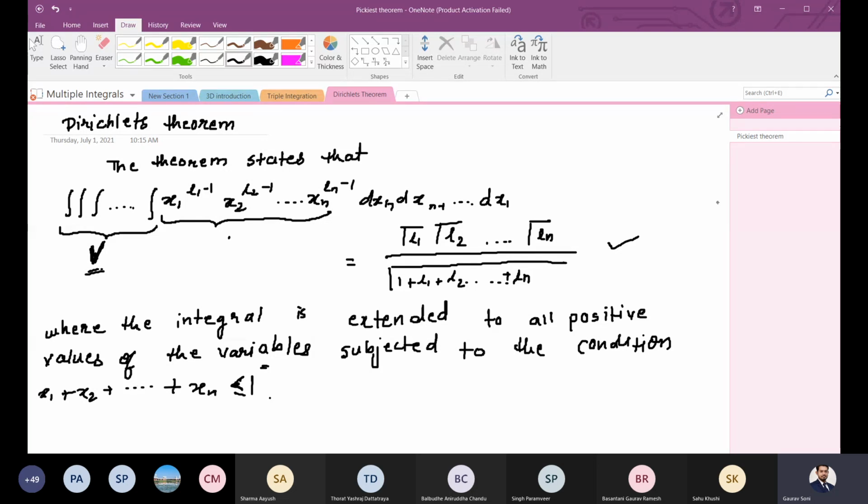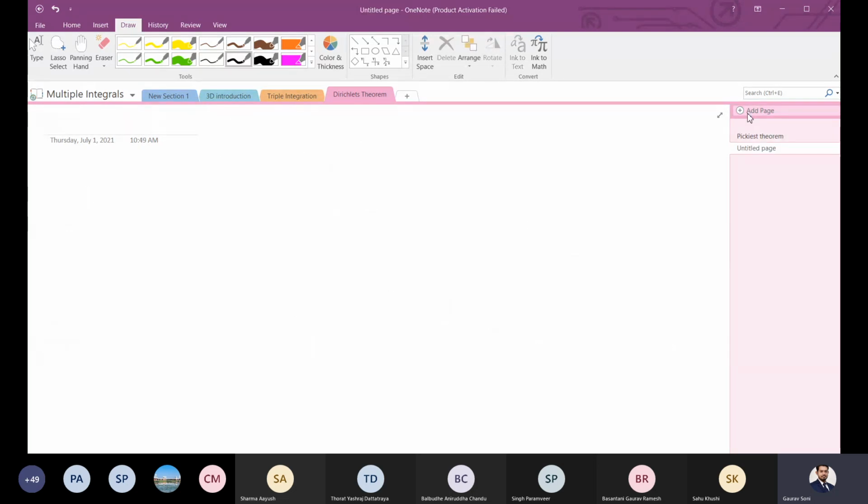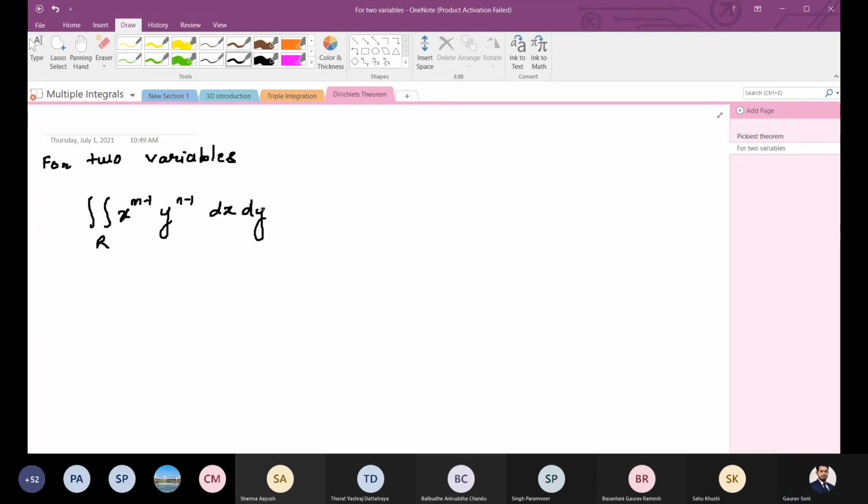To understand this better, I will write two cases which we will of course need in further examples. The first one is for two variables. If you have integration over the region R, x raised to m minus 1, y raised to n minus 1, dx dy, then this will be equal to,